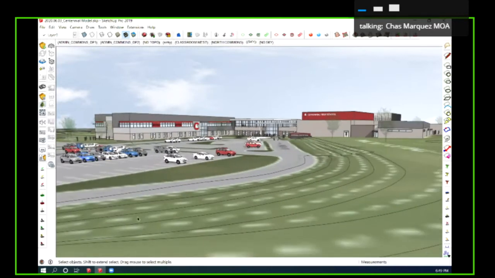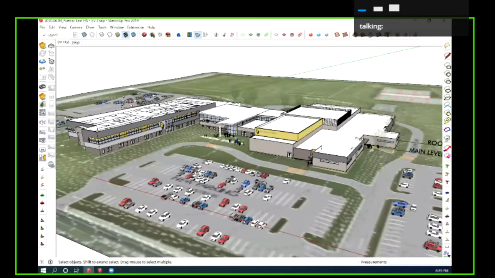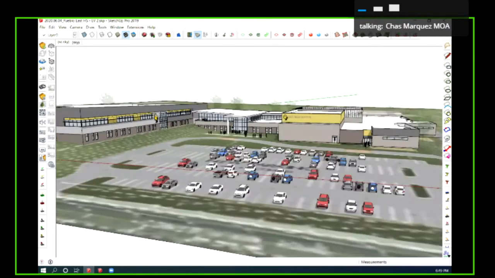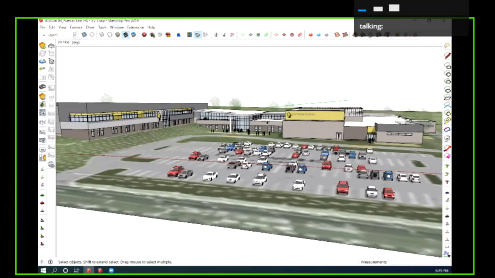I think we can jump over to East now. So now that we're seeing East, you'll see that there's some similarities in the buildings. Again, it's very much an early concept, work in progress, and we'll start to make these designs unique to themselves. But you'll see the big difference that we're showing in this particular option is this center commons admin area and how those entries are very different from each other.